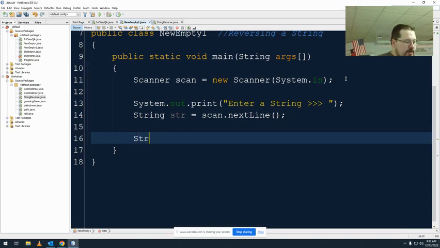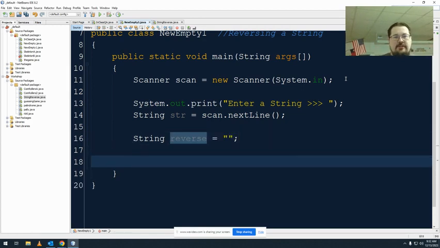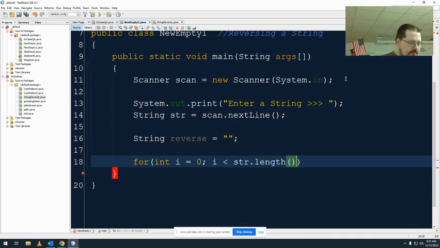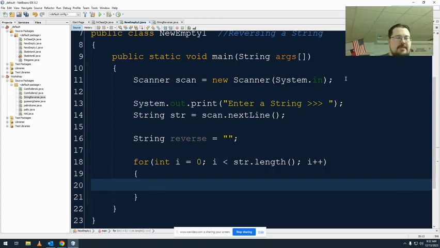So I'm going to make a string called reverse, because that's what it is. And I'm going to set it empty because there's nothing in there just yet. Okay. So I'm just going to make a simple for loop. I'm going to go until I am less than str.length. And all I'm going to do inside of here is I'm going to say reverse is equal to